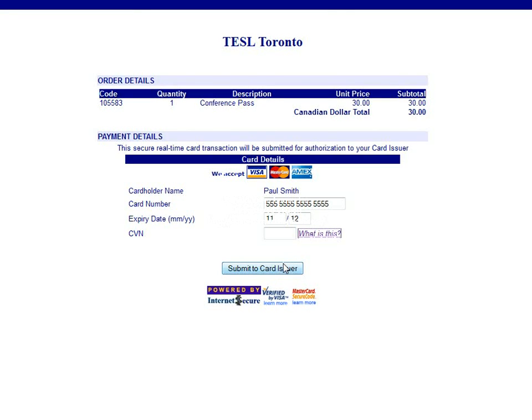Once it's approved, you'll receive an email saying, here is your invoice, use this for tax purposes, and so on. If there's any issue with your credit card payment, then we will contact you, and if you have any questions, please contact us at